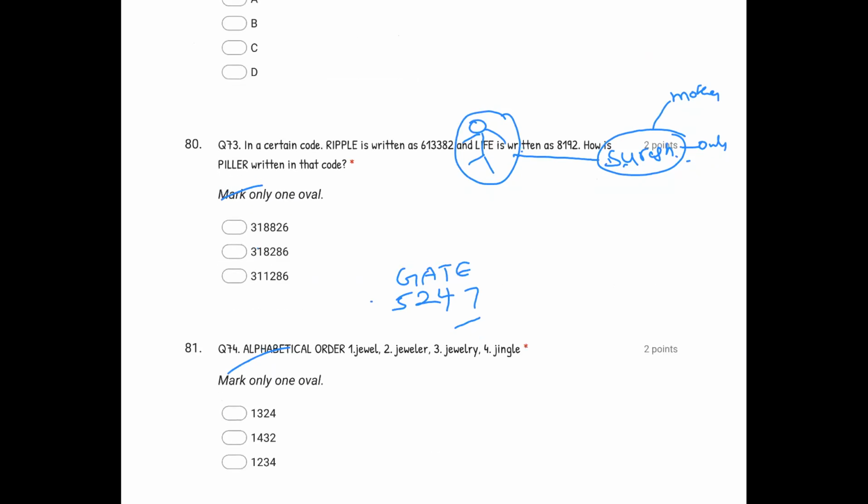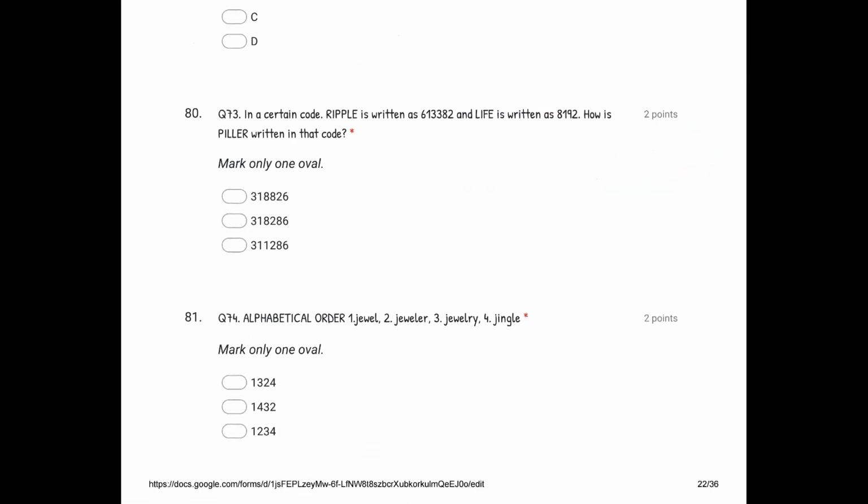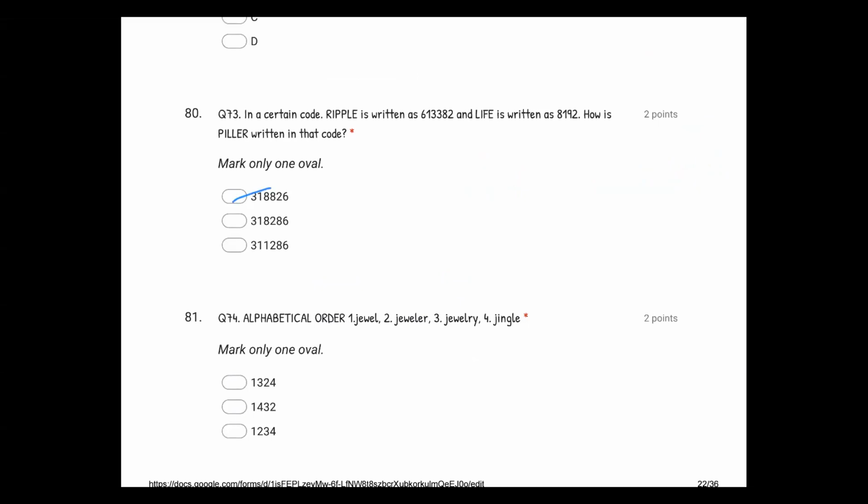Next question here. In a certain language, triple equals to pillar. Same question, it's repeated. Here 3188. And alphabetical order, which will come in alphabetical order. Jewelry. First letters up to here same. Up to here means jingle will come first. In the fourth option alphabetical, jingle will come last. In the jewel, what will you get first? Jewel up to here L is there, L is there. Means jewel will come after. After that, here E will come 2. After that, 3. The option is 1, 2, 3, 4.